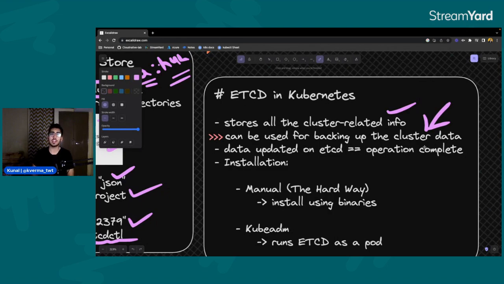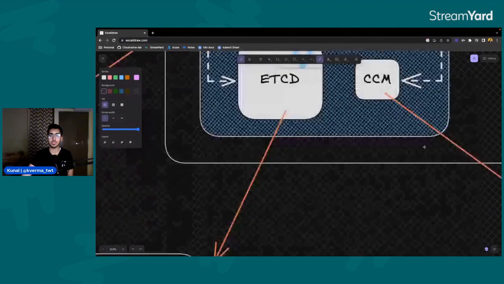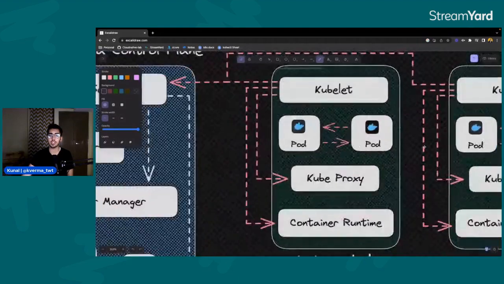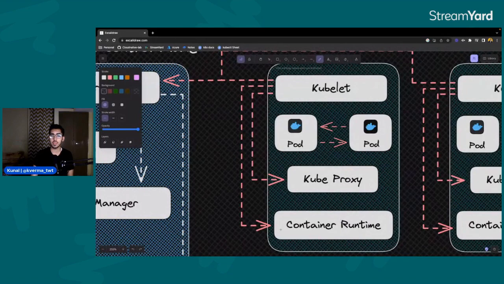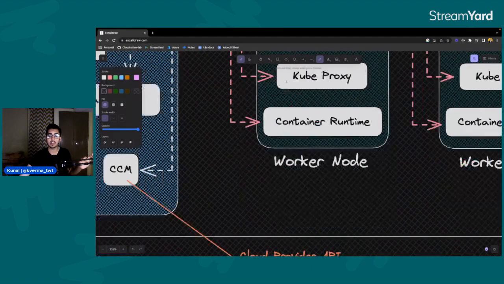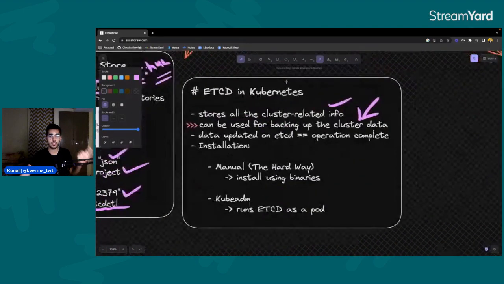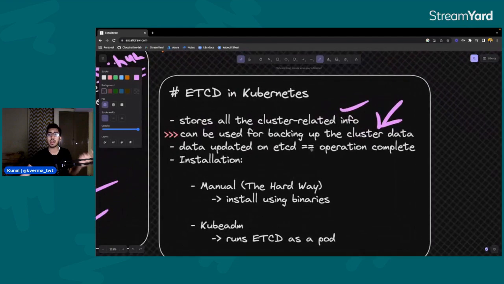For example, your Kubernetes cluster, due to some failure, one of the nodes that hosted applications goes down, completely vanishes, and all the data is lost. It is not lost if all the data is stored in your etcd. You will be able to easily back up and restore that data to the original state.